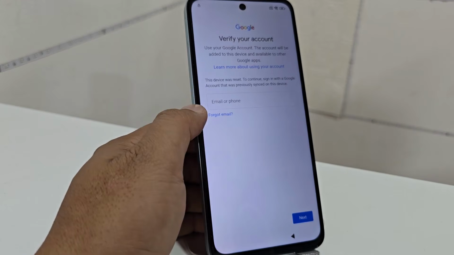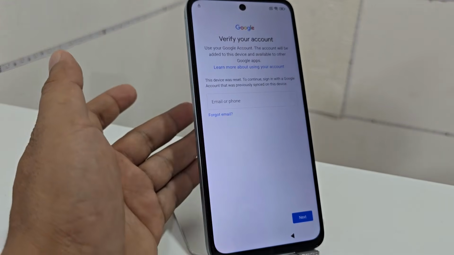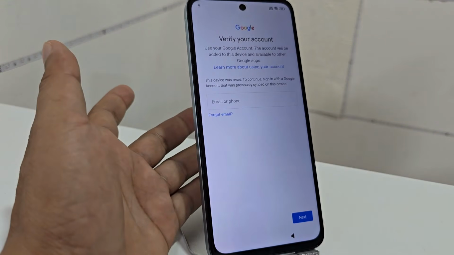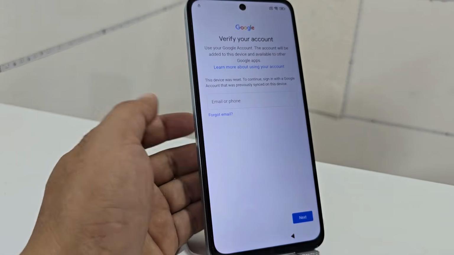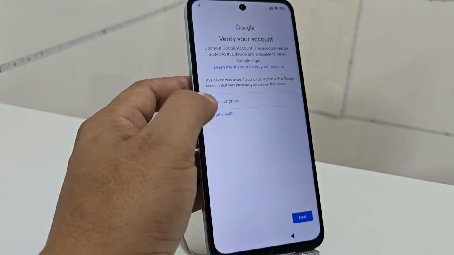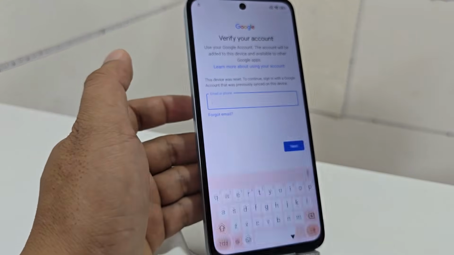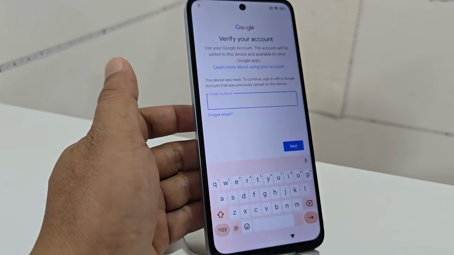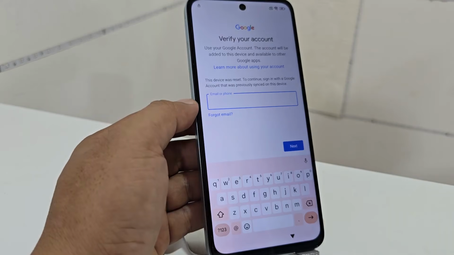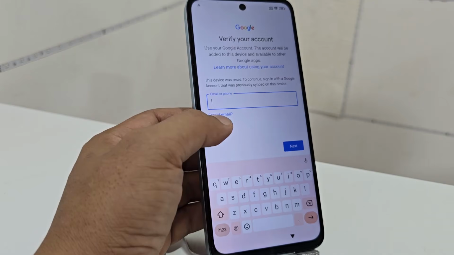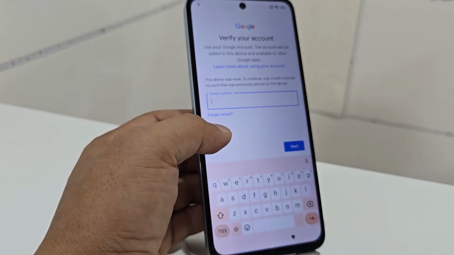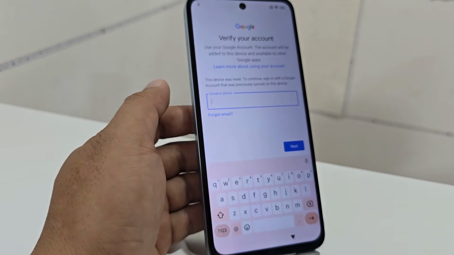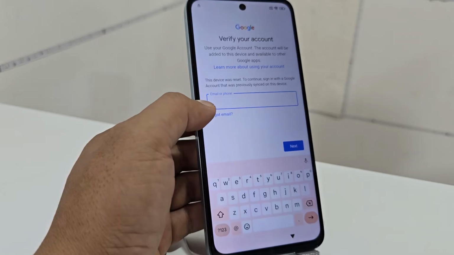That is why it is always recommended that when we forget the pattern or password that we have on our device, we format it. After having formatted it, it asks us again for the screen lock, but here it gives us the option to add our email. That is why when we create an email it is advisable to add it, write it down in a notebook, or add it also in another device of a relative so that this cannot happen to us, because if we forget the password we can write the email,